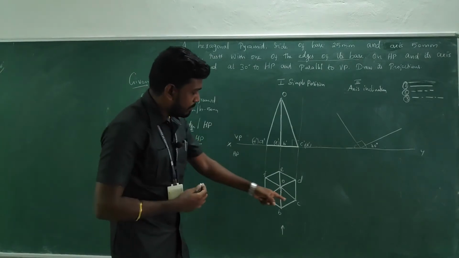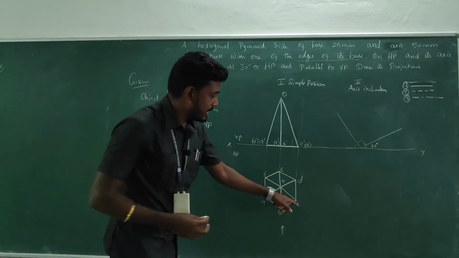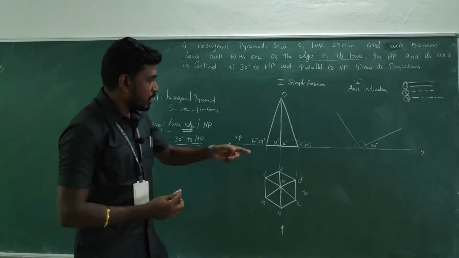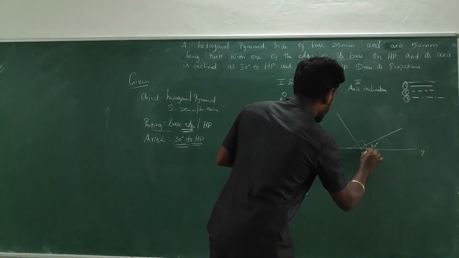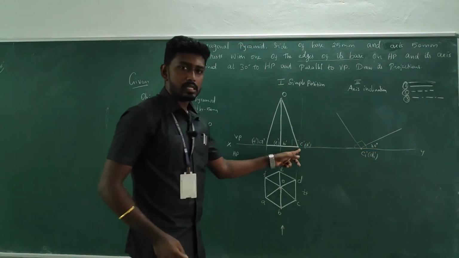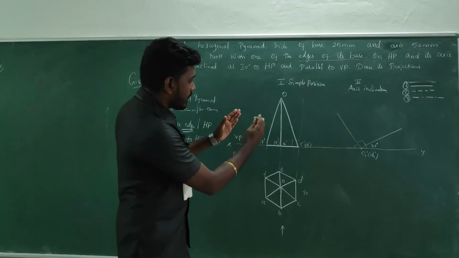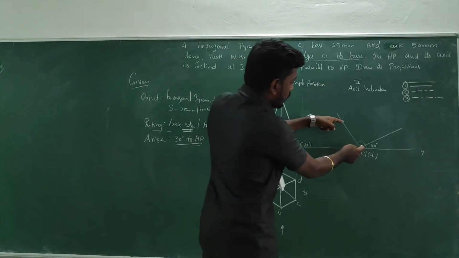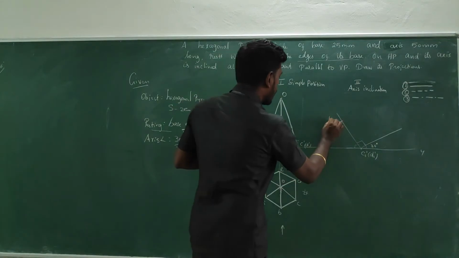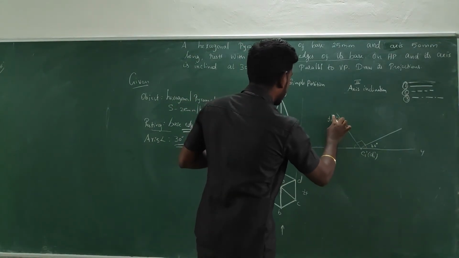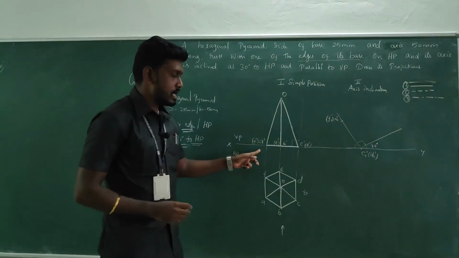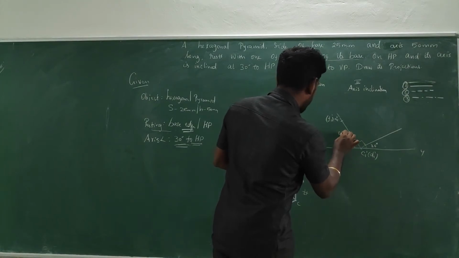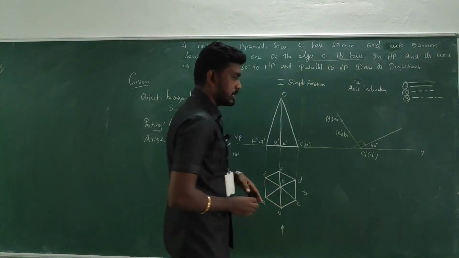We are going to keep one of the edges, C and D, which is at the right, resting on the HP when it is tilted. So I am going to take these as C1 dash and D1 dash, and we reproduce the figure in an inclined manner. Take the measurement C to A and make a cut mark. This is the end of F1 dash and A1 dash. Then take the measurement C to E, cut mark. So this becomes E1 dash and B1 dash.